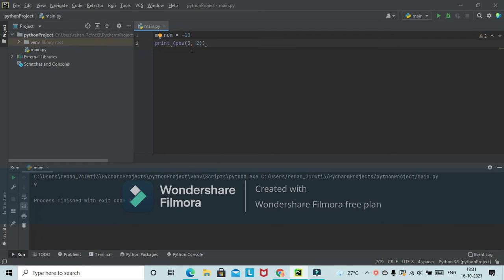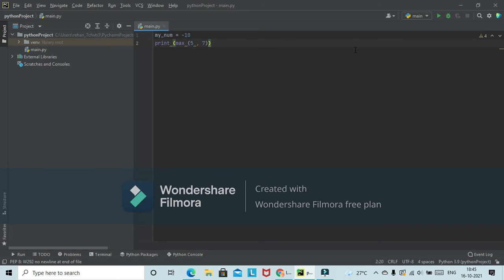If I want, I can even change the number 3 to a different number, such as 5. And now if I run this program, let's see what answer we get. We get 25. If I want, I can even change the number over here, say to 7. So now if I run the program, it will show us 78125.